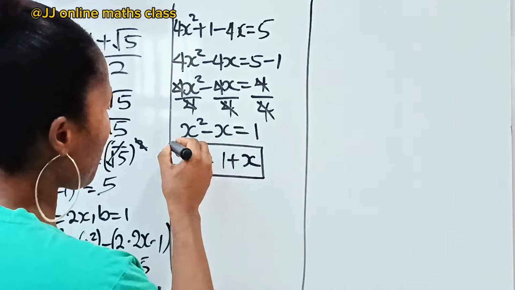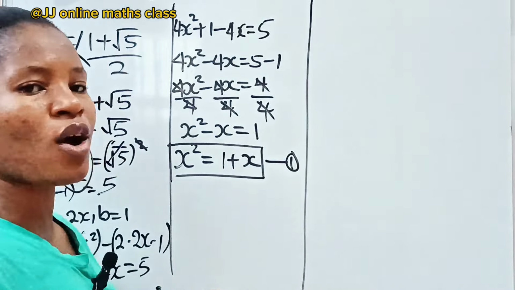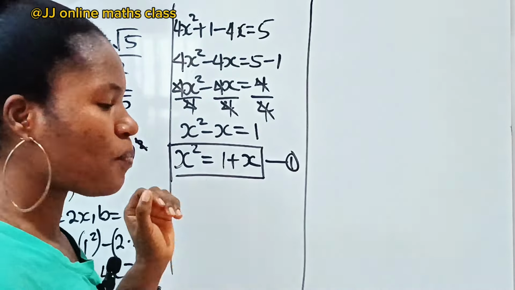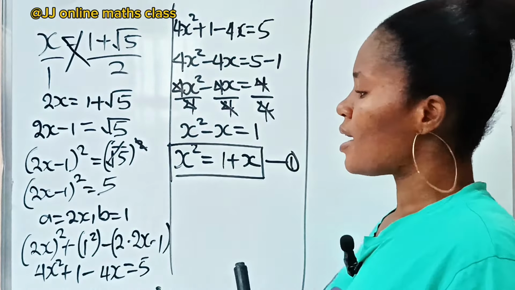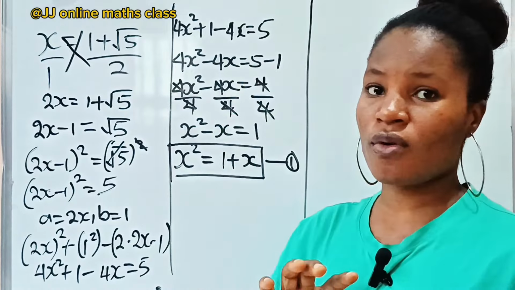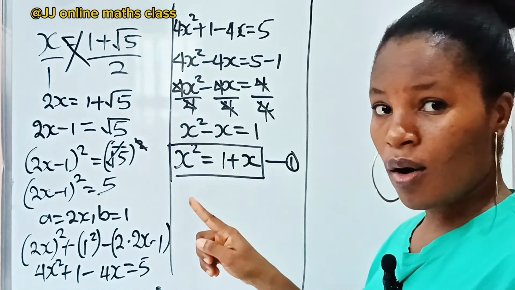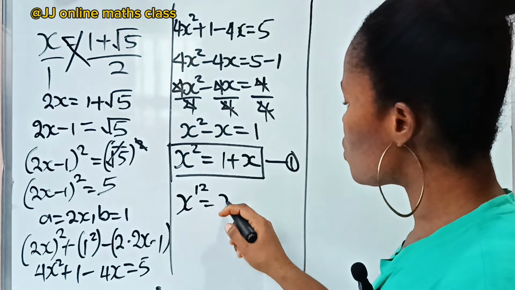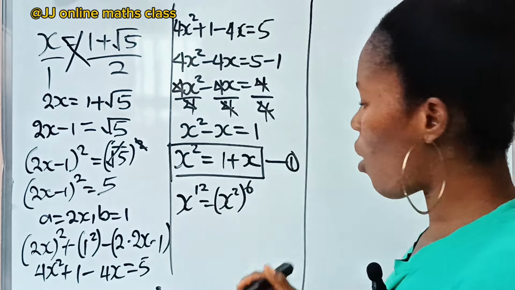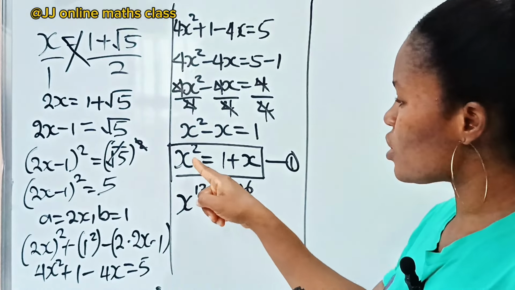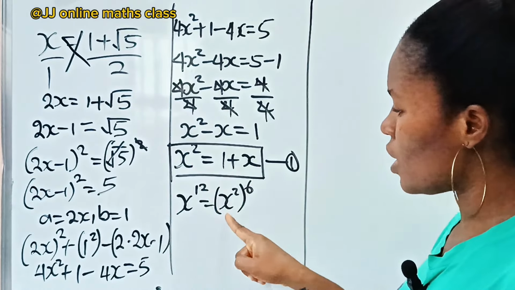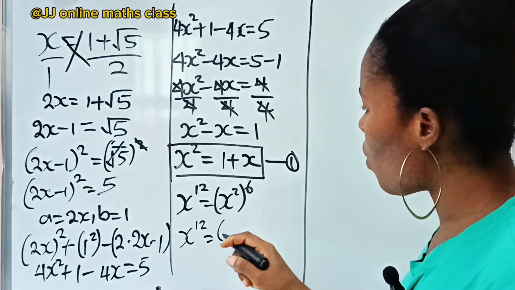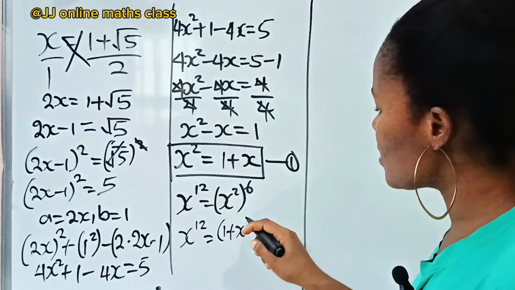So this is a very important equation. Let's call it equation 1. We are going to see why this is very important. Now, remember what I said, that to get x to the power of 12, we need x squared to the power of 6, right? So we need x to the power of 12 is equal to x squared to the power of 6. Now, we are going to substitute this x squared as 1 plus x into this equation. So we have x to the power of 12 is equal to 1 plus x